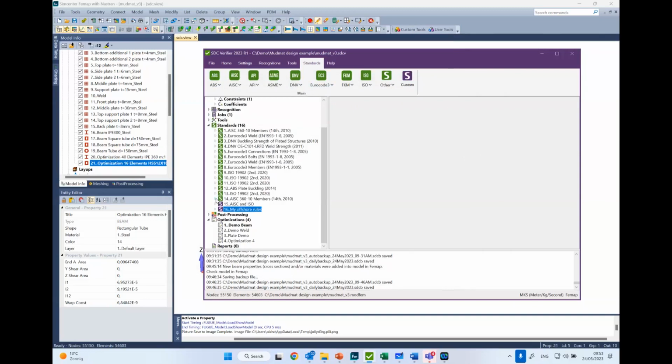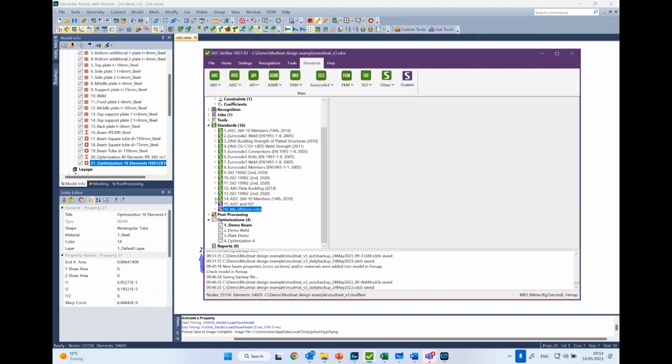We support a wide range of Ansys versions from 18.2, but the latest version of Ansys is supported only in the latest version of SDC Verifier. But you can use from 19.2. That is kind of obvious. So yes, we support all the versions of Ansys from 18.2 and newer, and we are releasing new SDC Verifier